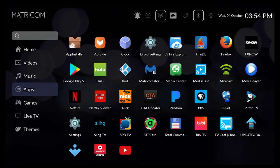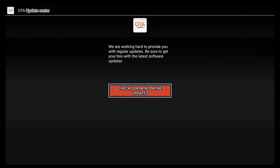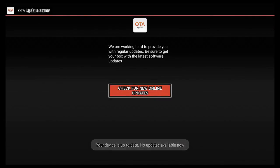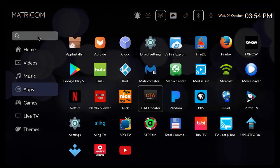Something else you can do with this is it has a nice OTA updater. It's actually really quick, really simple to use. You just go to it, you check for updates. It's all set right now. We did do an update when we first got it, and it worked just fine. It was nice and fast. But from the app screen, you can access